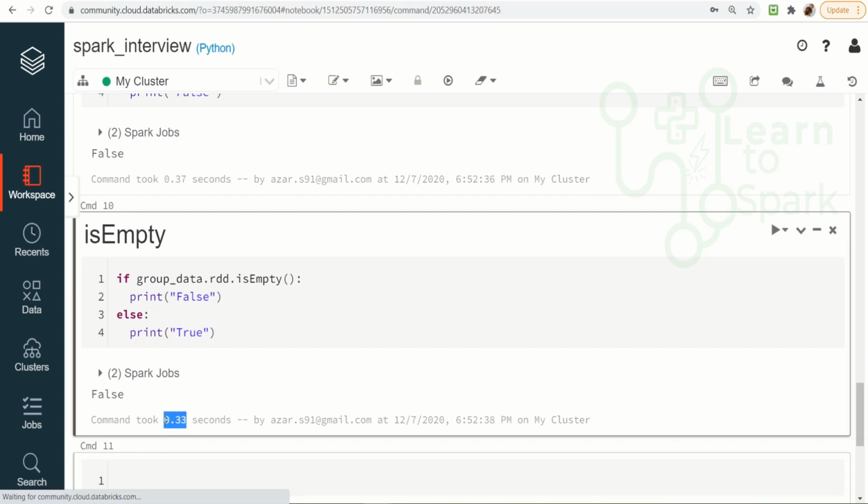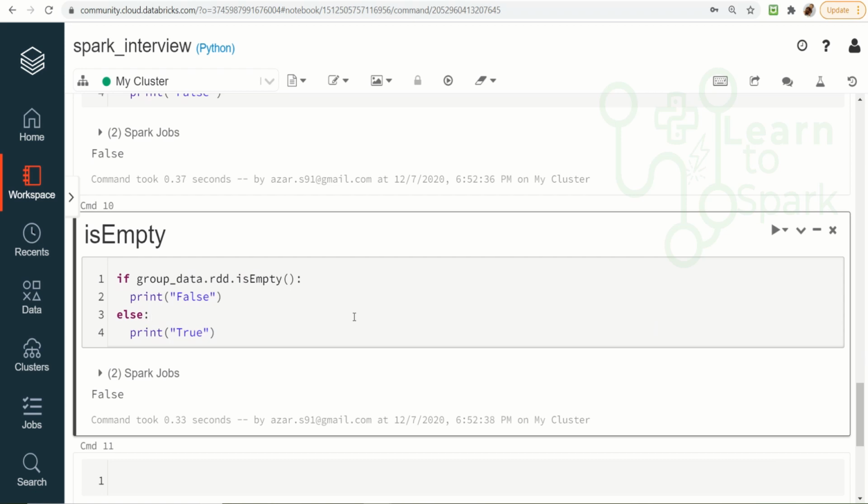So if there is a huge volume of data, you will find a performance improvement over the other three when using rdd.isEmpty. This is the best approach to use when checking whether the data frame is empty or not.